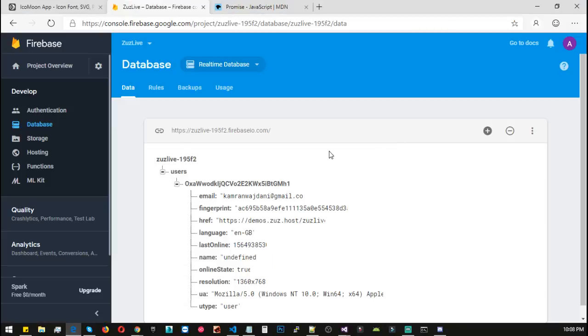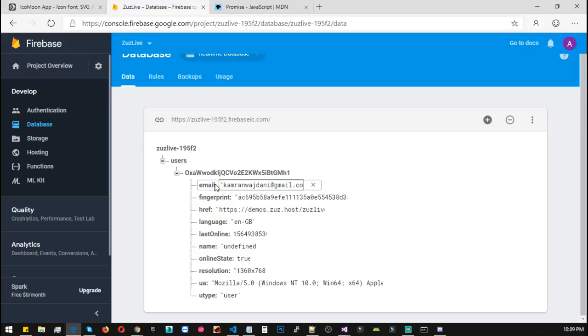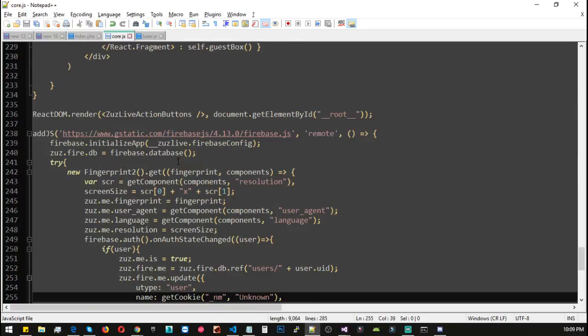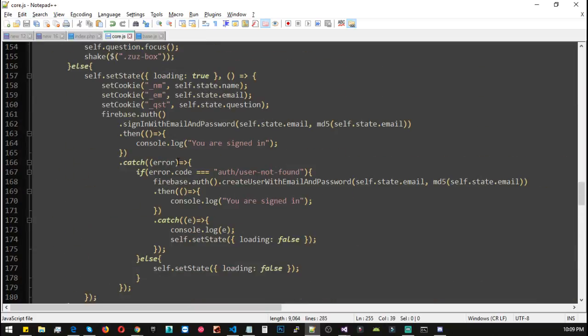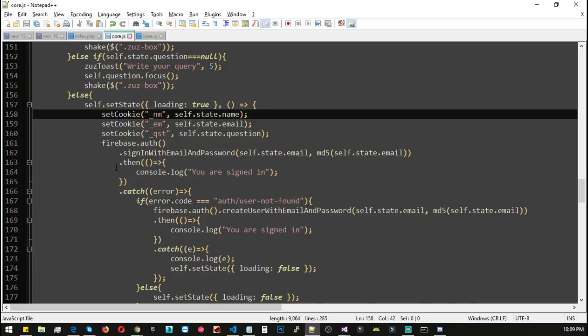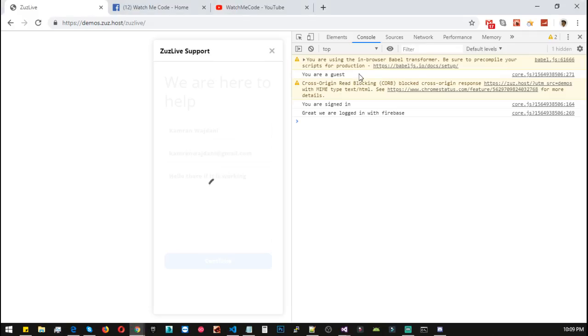If we go back to our live database, now we have the email, we have, oops, the name is undefined. Why is it undefined? Get cookie underscore nm. I guess we are storing the name, self.state.name. Oops, it is full name, my bad. Let's save it, and now we need to call or perform two actions, and that is